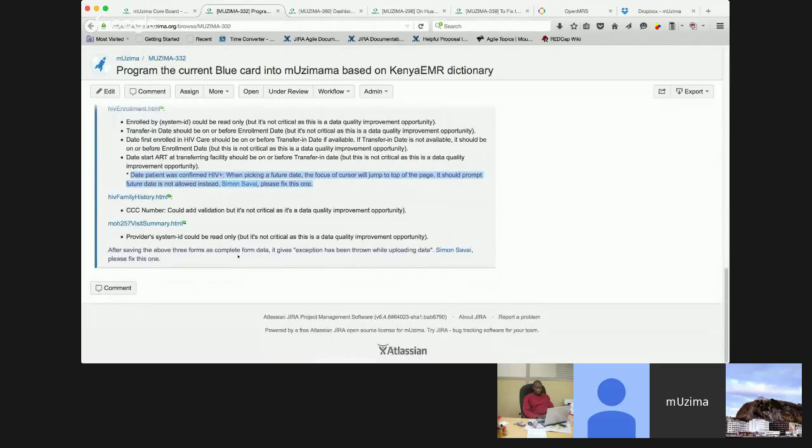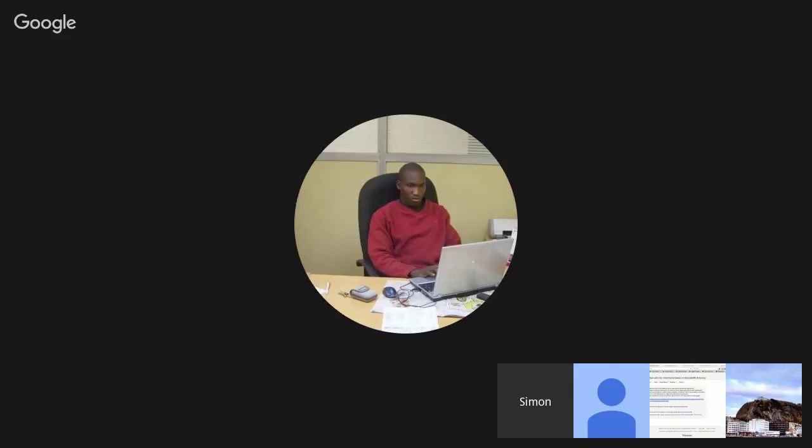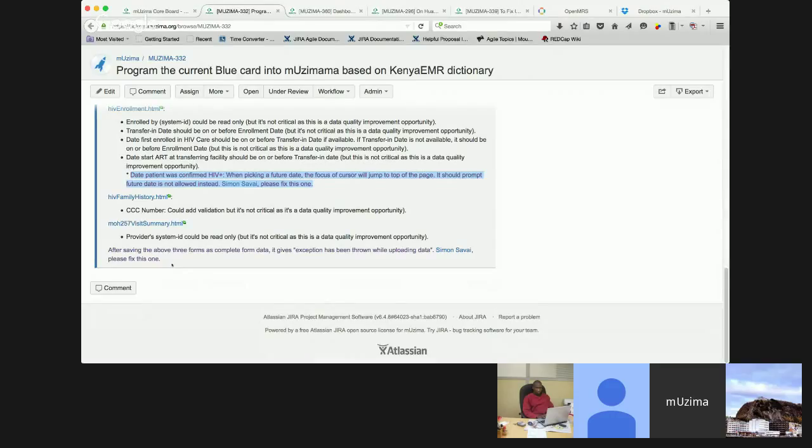And then all the forms look fine, and I was able to save them as complete form data. However, it threw an exception when trying to upload the data, trying to sync the complete form data to the server. So you might want to try that and then catch the log.